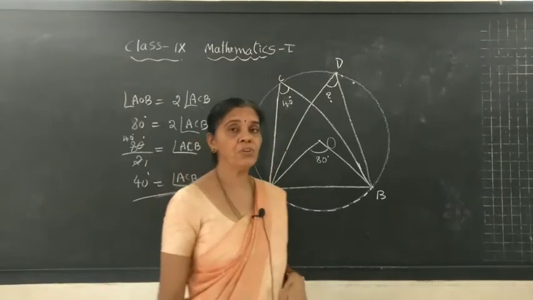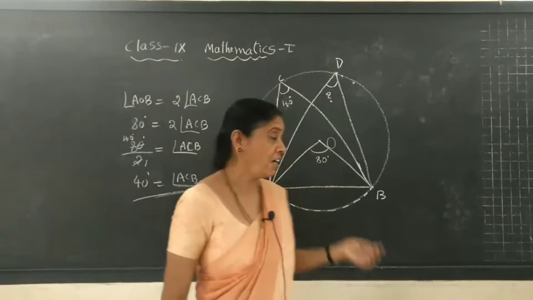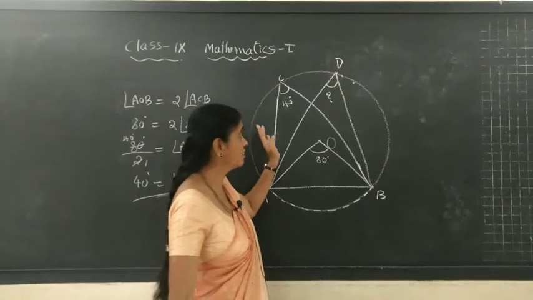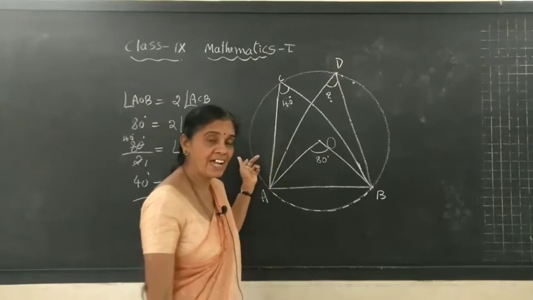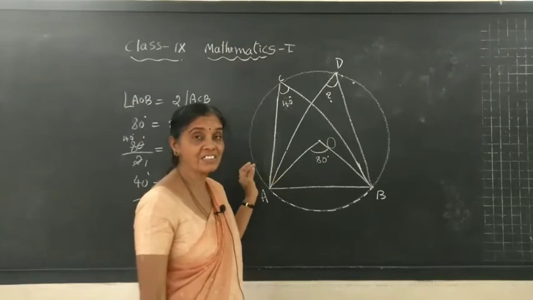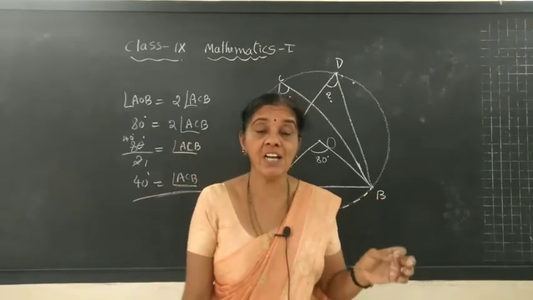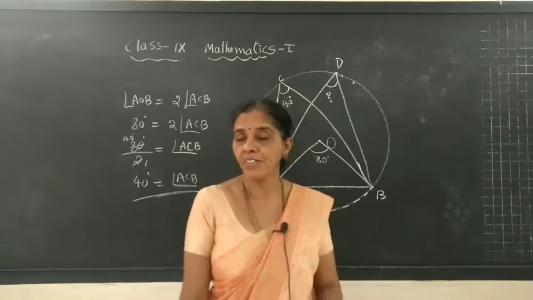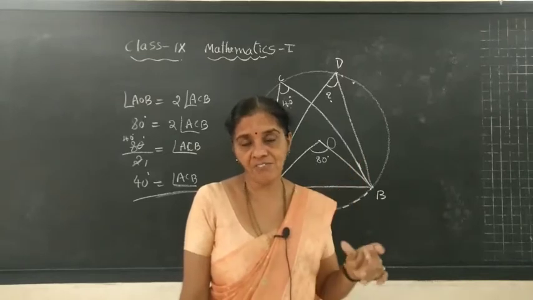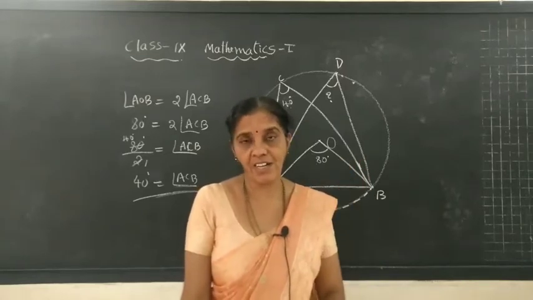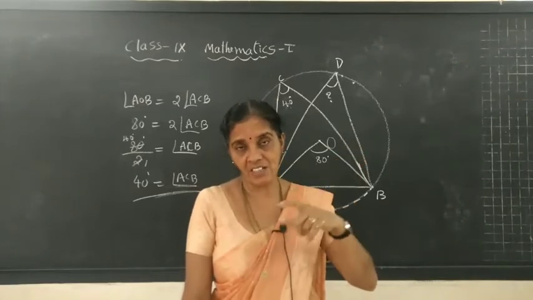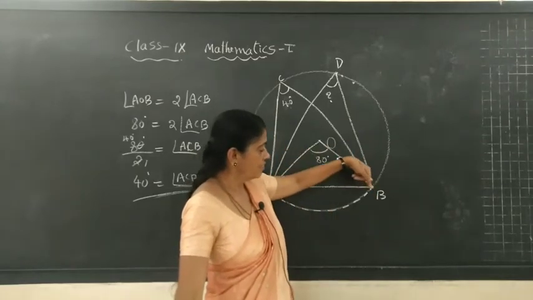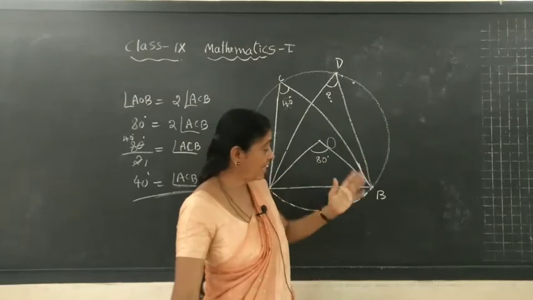Now what you come to know is, you can draw as many angles as you want on the other part of the circle, and all those angles are one and the same. Their measure is one and the same. All angles are equal. So what is the new idea we learned today? If you have an angle formed by the arc at the center, then the many angles on the other part of the circle are equal.